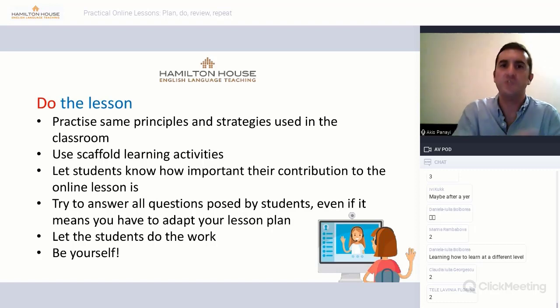Do not change your strategies. It's already a new environment for the students. We don't want them to see that something is changing, or we don't want them to feel that much is